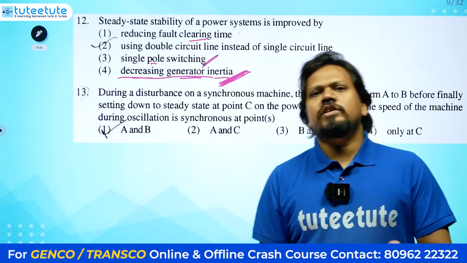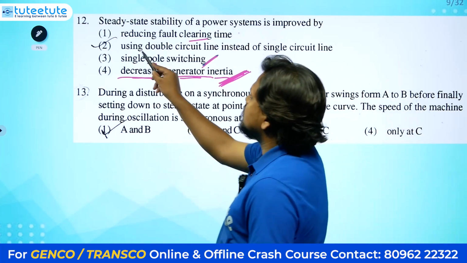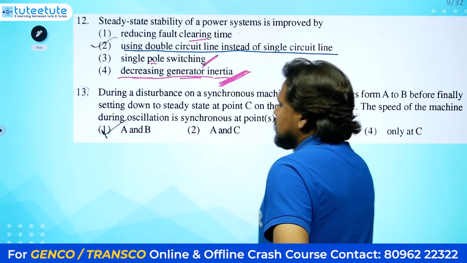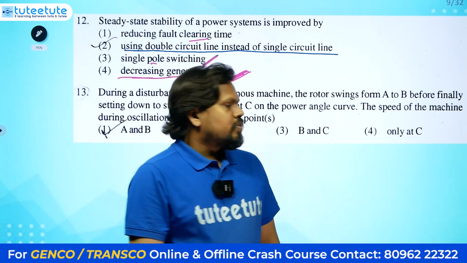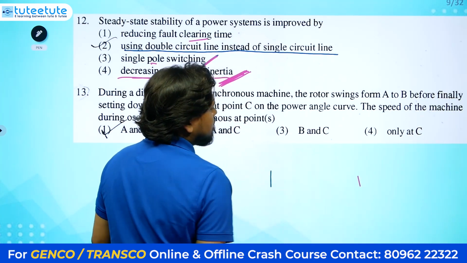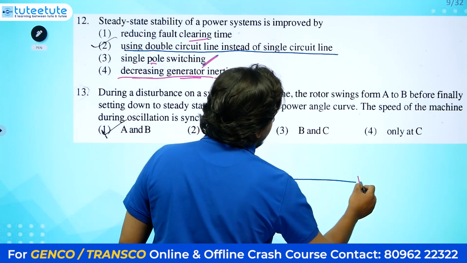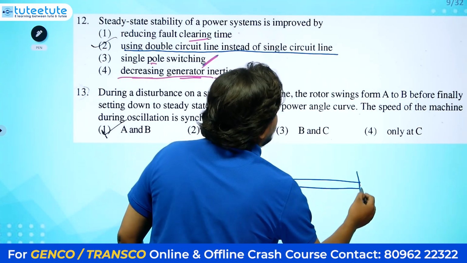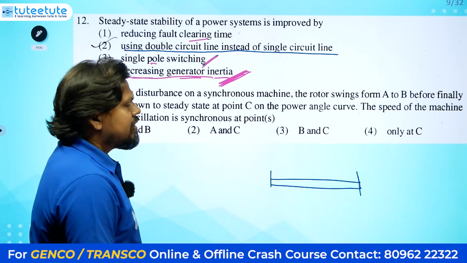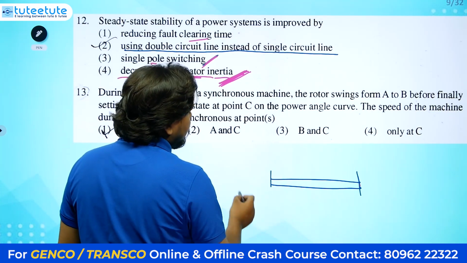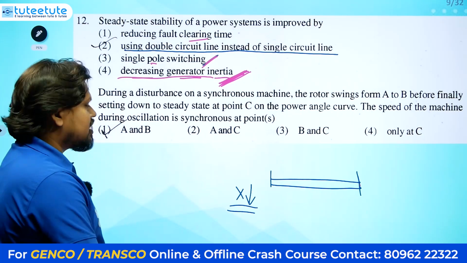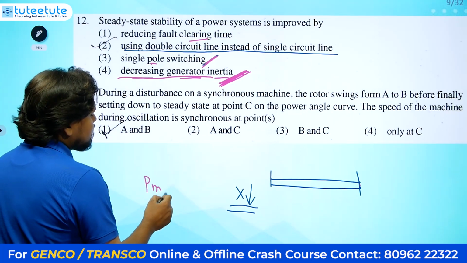That means this also improves transient state stability. Okay, so next, using a double circuit line instead of a single circuit line. So what is this option? Between two stations, instead of using a single circuit line, we can make it a double circuit line. Whenever you make it a double circuit line, the entire reactance will decrease. Whenever reactance decreases, another thing we have seen, P max,